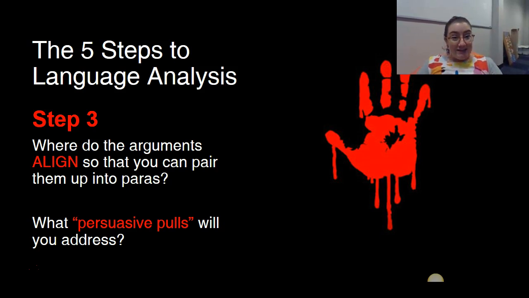What you then need to look for is this tricky bit, which, I mean, it's not that tricky once you get the hang of it, but you do need practice. And that's why I reckon you need to do at least 4 run-throughs before you'll feel comfortable to do this SAC. So step 3 is to look for where the arguments align so that you can pair them